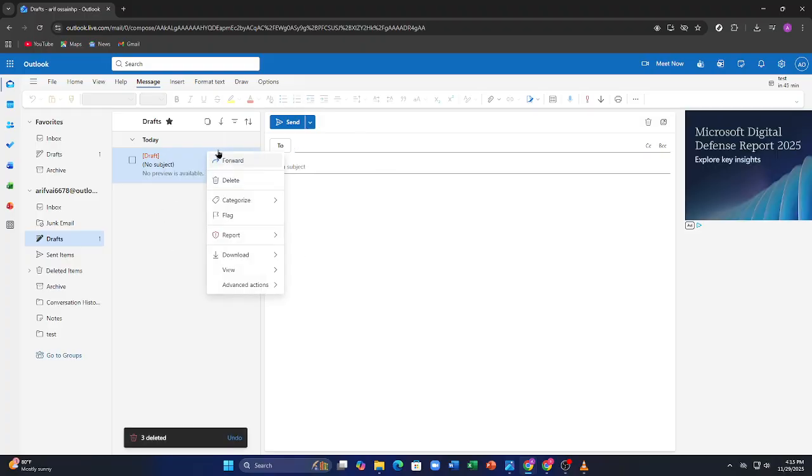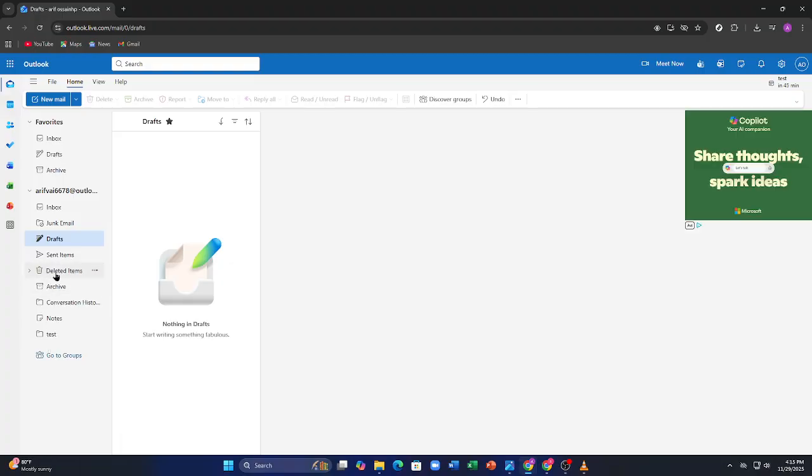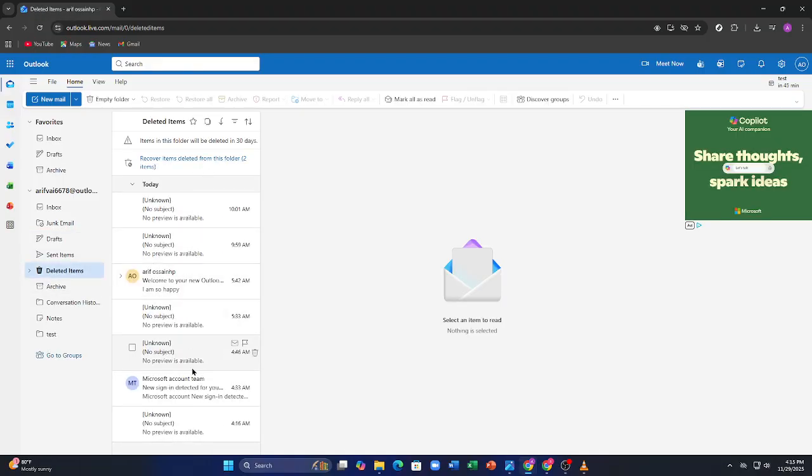If you're using Outlook Web, it works the same way. Select the email, click the trash icon, or press the delete key on your keyboard. For bulk removal, tick the checkboxes